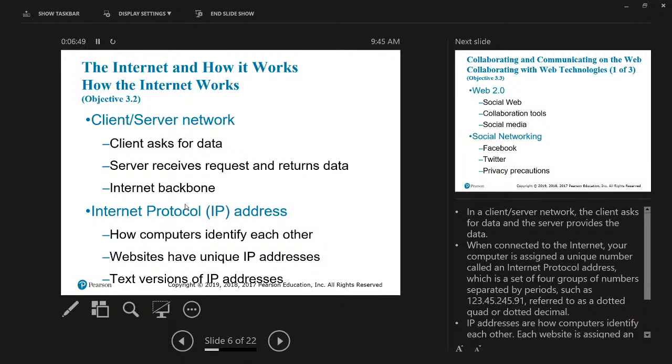So the internet, we say TCP/IP is the protocol of the internet. And that's really built upon, well, if I try to call somebody on the phone, what do I need? I need a telephone number. If I want to mail somebody a letter, what do I need? Their home address. Same thing here, that if I want to talk to another computer, I need its internet protocol